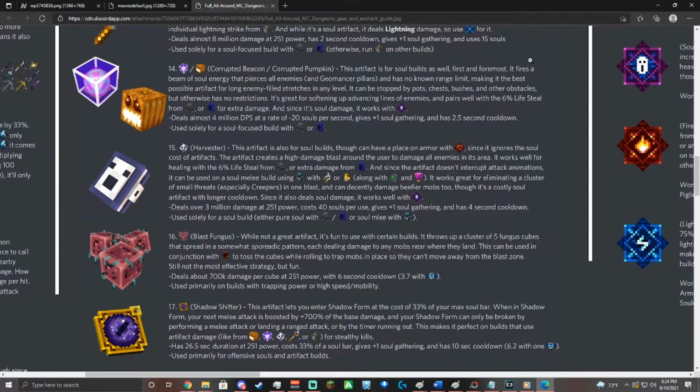It is great for softening up advancing lines of enemies and pairs well with either the 6% lifesteal from Wither Armor, so you get healing constantly from it, or you can use Soul Dancer Robe for 50% extra damage to kill things even quicker. And like I said, since it's soul damage, it works with Soul Focus, and this can just demolish any line of enemies that are coming at you before they can even get close enough to hit you. It deals almost 4 million damage per second at a rate of...